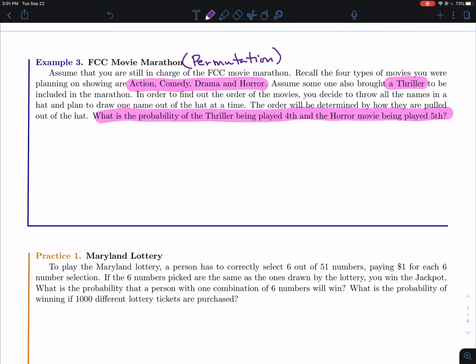And so what we're looking for is what's the probability that the thriller is 4th and the horror movie is played 5th. And so again, I'm going to write out description-wise what each of these top and bottom numbers are going to represent first, and then we'll calculate the probability. So again, I like to do the bottom number first because it's usually easier. So the bottom number is just how many ways can we just play all 5 of these movies in different orders. So how many